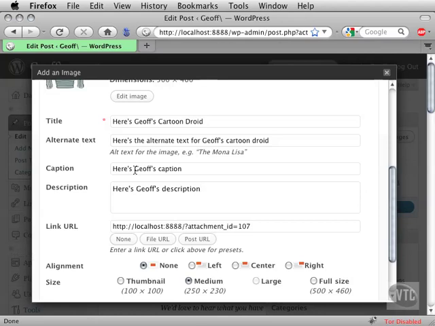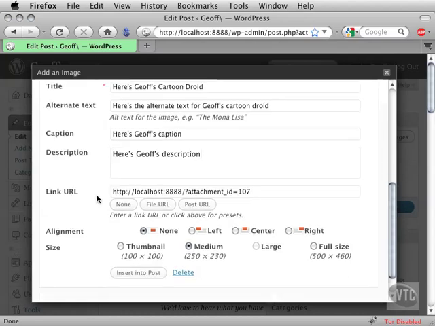How are you looking there? Did you get your title text, your alt text, your caption and your description in there, and so on? Okay, perfect. All right, now I'm just going to scroll down a little bit here so we can see what's